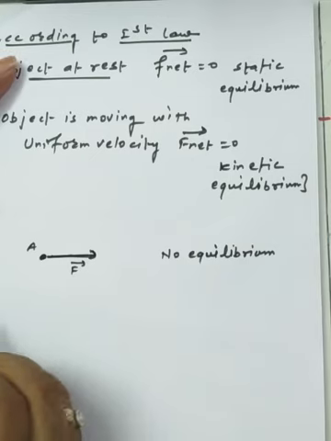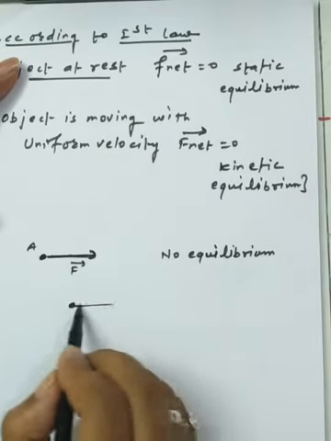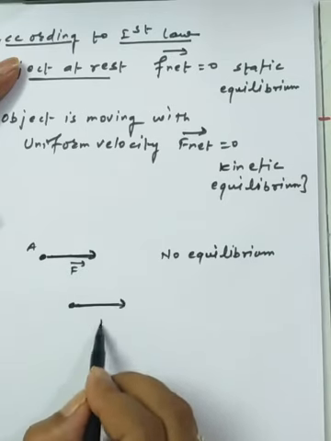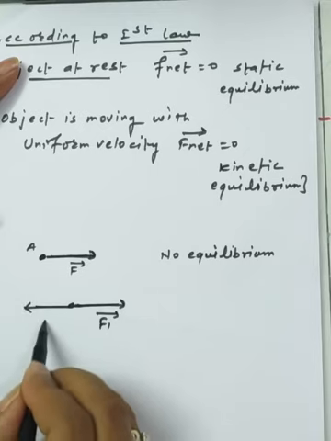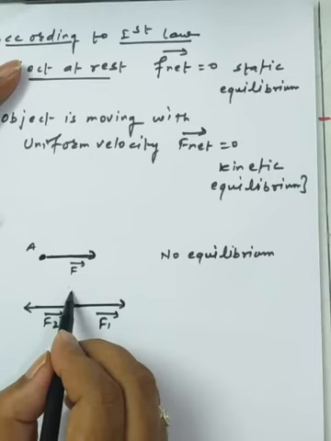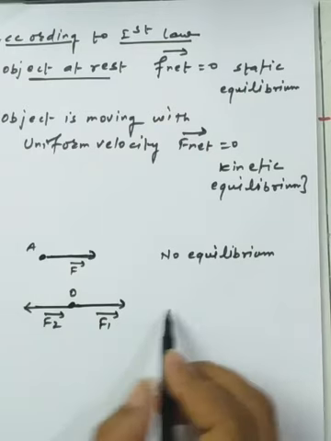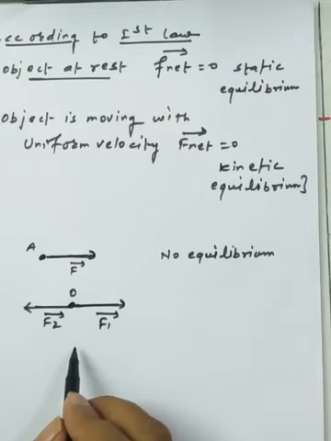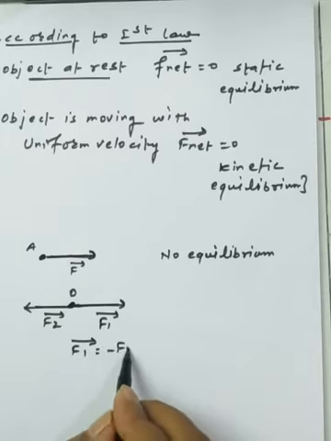Even I am just discussing the condition of the equilibrium. Now I am choosing one of the particles, and on the right-hand side the force acting is called F1, and on the left-hand side the force acting on the particle is called F2. This is the point O where we have the particle. As per the notation, we are using the concept of the third law. So easily we can say that F1 is equal to minus F2.